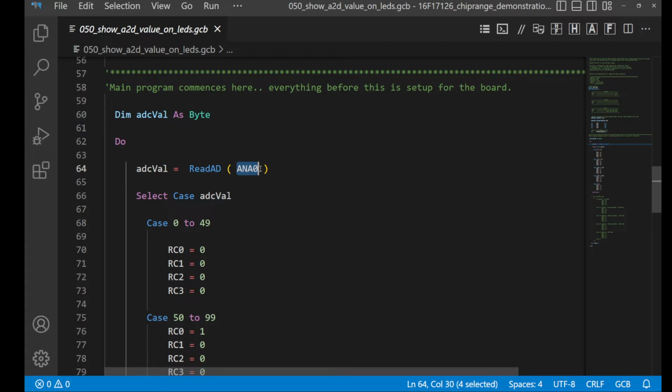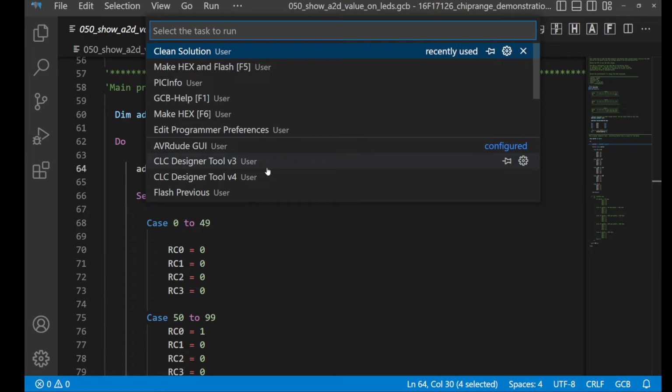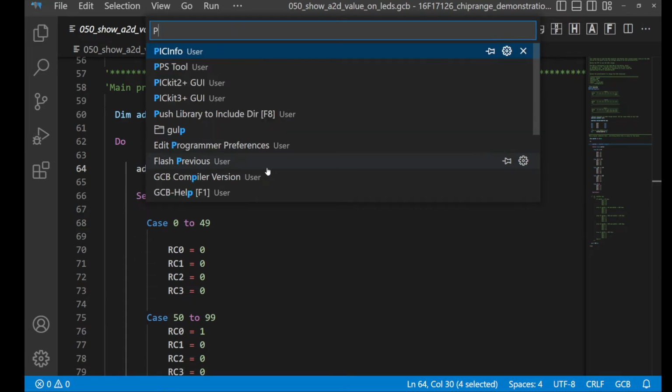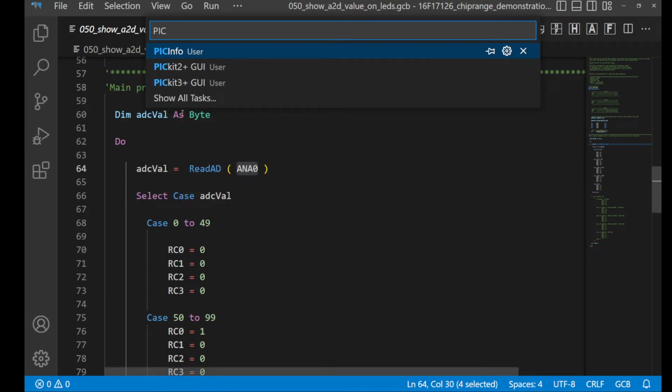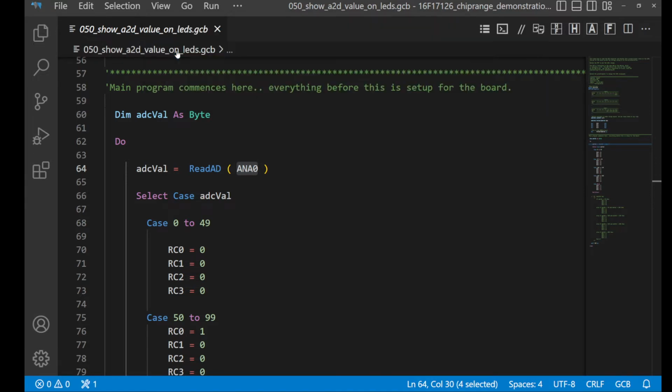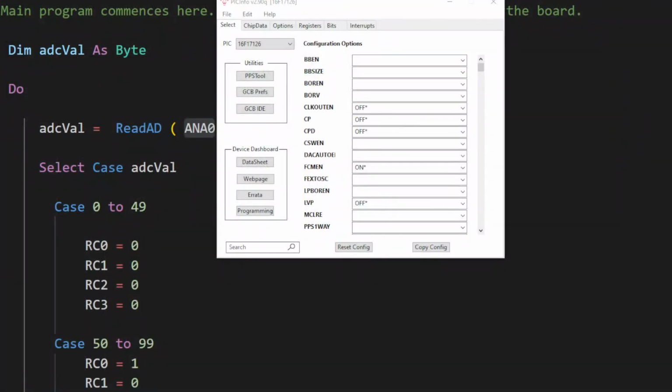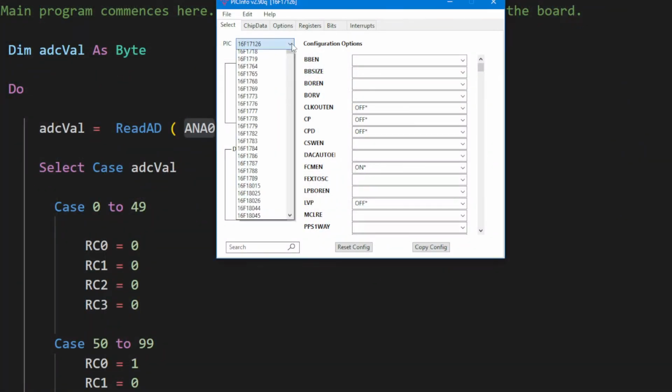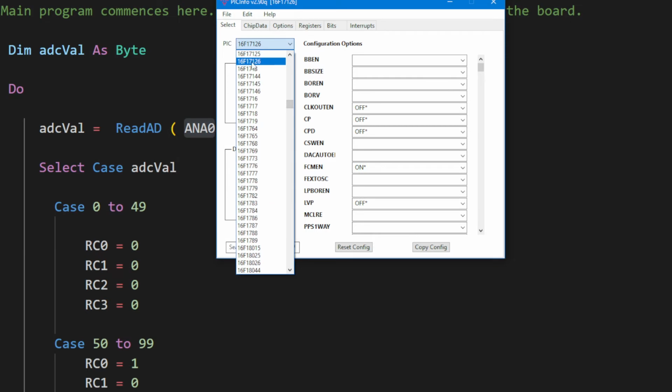Let's take a divergence for a minute. How do I know that you're going to get the right one? Because you're going to go into PICInfo. I press F4, PICInfo. I can take it from my list here, look, and up pops a tool. It's a Great Cow Basic tool, and it's got the details of chips. I can select my chip. Mine is pre-selected,